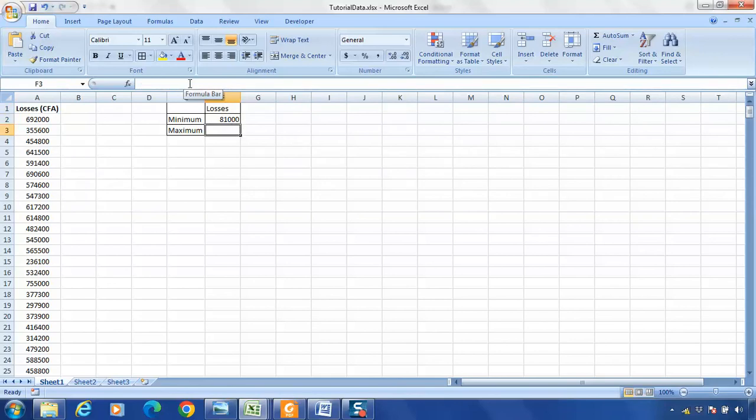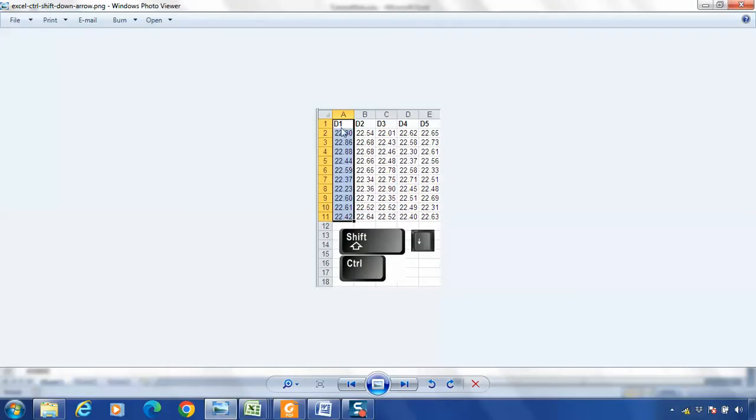Now let me look. So like I said, you press Control Shift down. So just like here, if you have a column like this one, you want to select all of these values inside. You click on the first cell here, and then you press Control Shift and then the down on your keyboard, and that will actually select all of this. Okay,